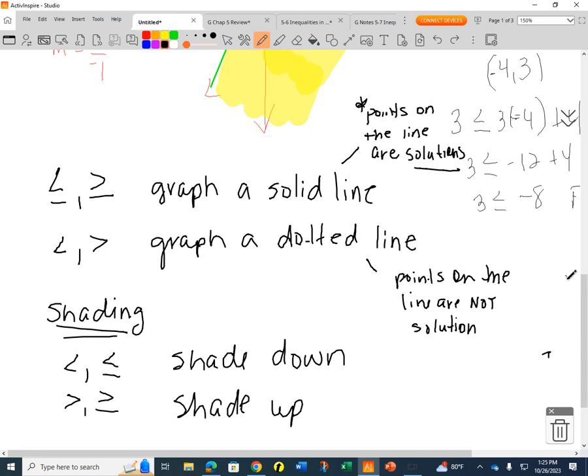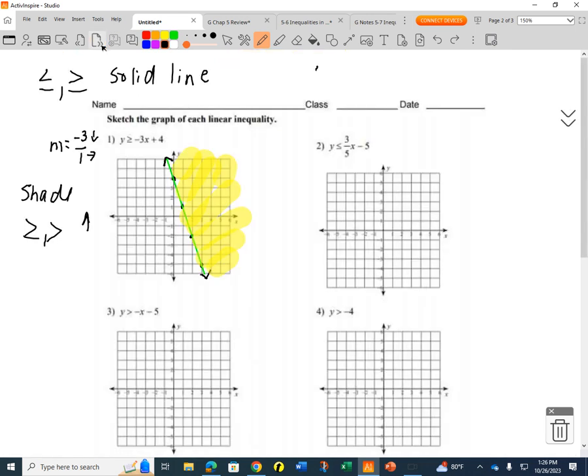You guys caught up with me? Okay. So here, we know that any point on that line would make the inequality a true statement, okay? So let's graph